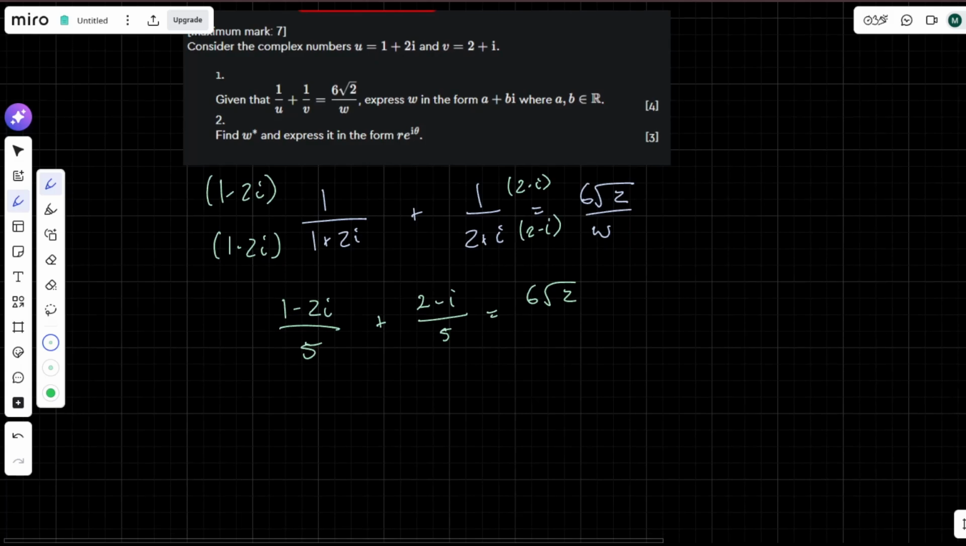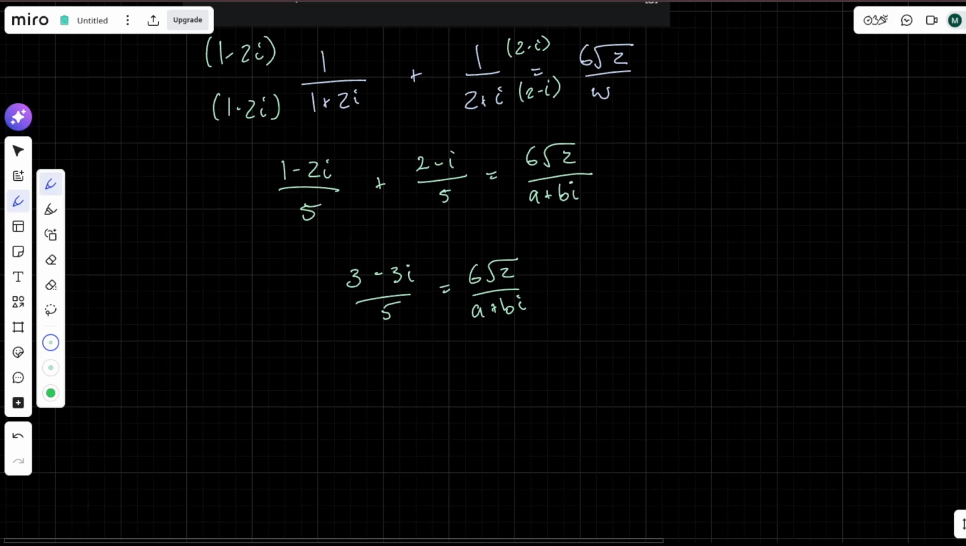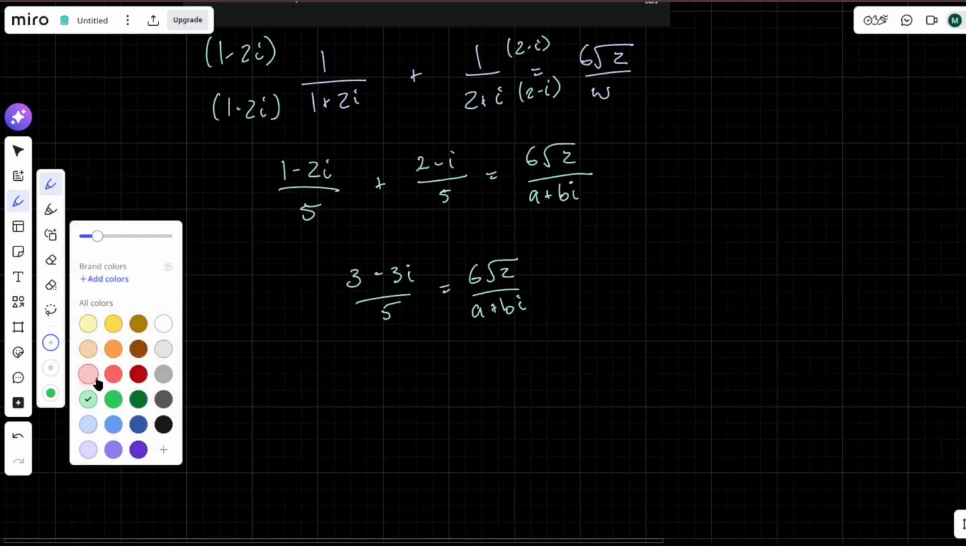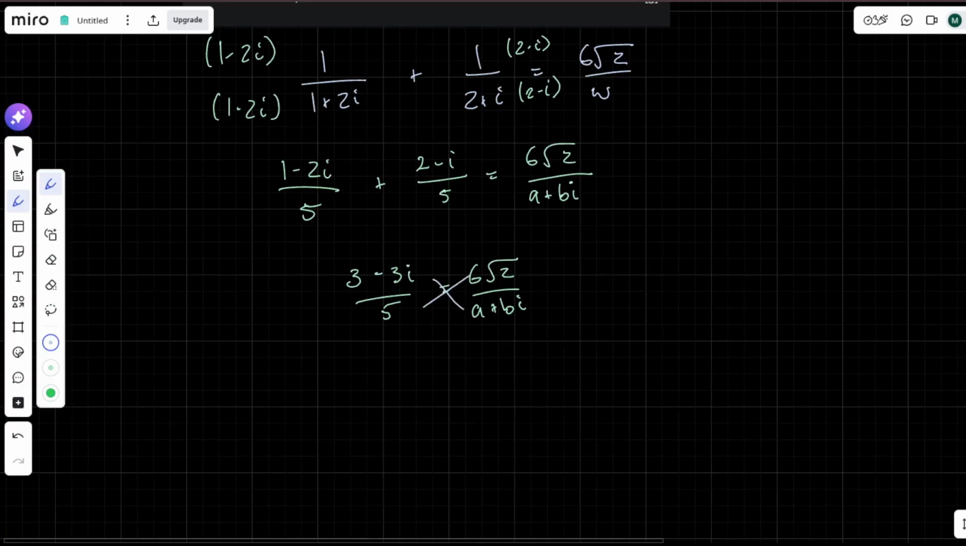I am thinking it would make sense to actually write w out at this point in the format that they're looking for, so as a plus bi, just so we have an idea of what we're solving for. Helpfully, these denominators are already the same, so it makes sense to combine these. 3 minus 3i over 5 equals 6 root 2 over a plus bi. This is kind of screaming to be cross-multiplied, I think. So if we multiply these out, we go 3 minus 3i times a plus bi